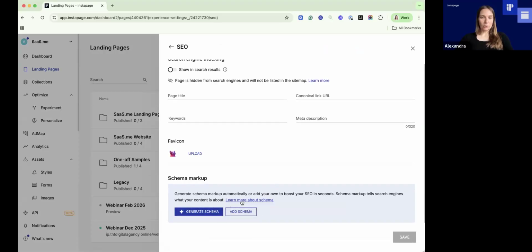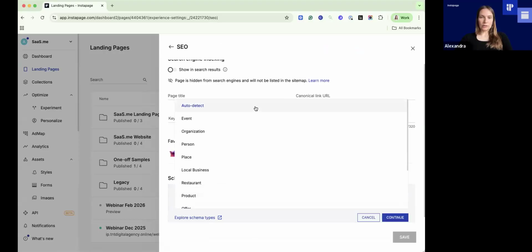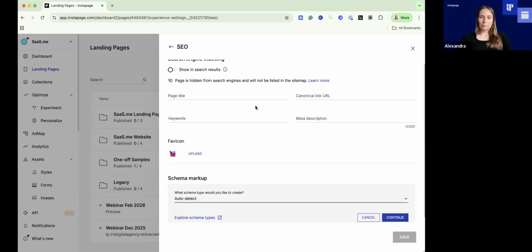You can learn more about schema here and add it manually, but for those who don't want to do it by themselves, you can click here and you need to select a type. But again, it could be just auto-detected,